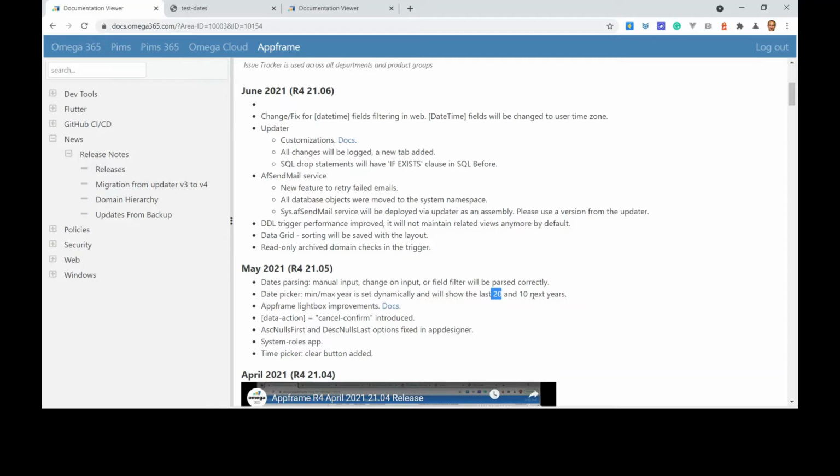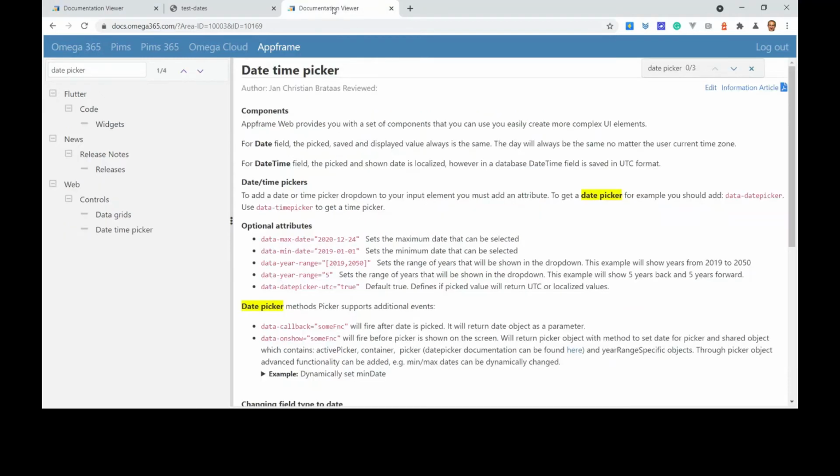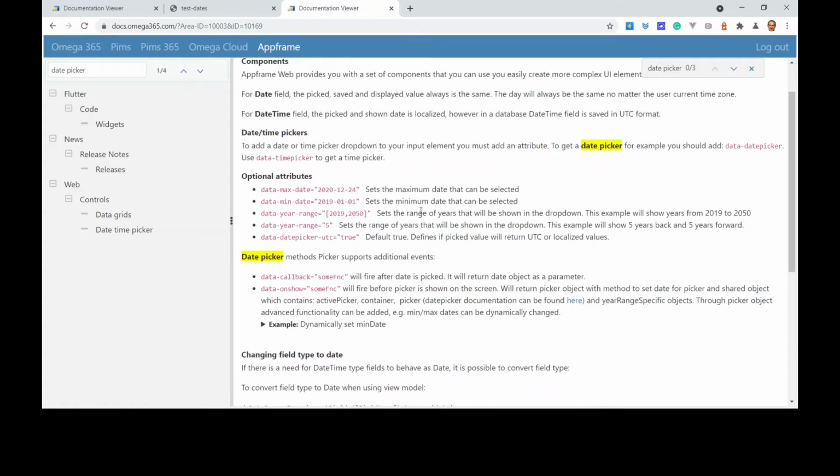Also, moreover, maybe not everyone knew, but if you go to the documentation site, just type in date picker and pick up the date time picker control. You can see some data attributes you can use to set those dates by your application requirements. You can use this or this data attributes. Also, you can see that we have some additional callbacks, like data callback, so it will fire when